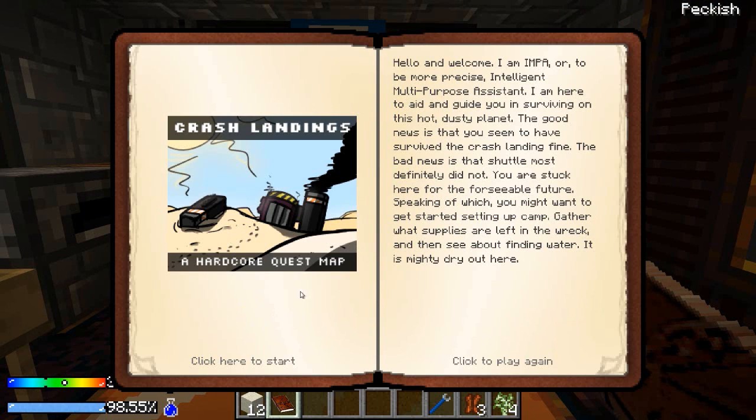This is a computer speaking, so hello and welcome, I am IMPA, or to be more precise, Intelligent Multi-Purpose Assistant. I'm here to aid and guide you in surviving on this hot, dusty planet. The good news is that you seem to have survived the crash landing fine. The bad news is that the shuttle most definitely did not. You are stuck here for the foreseeable future. Speaking of which, you might want to get started